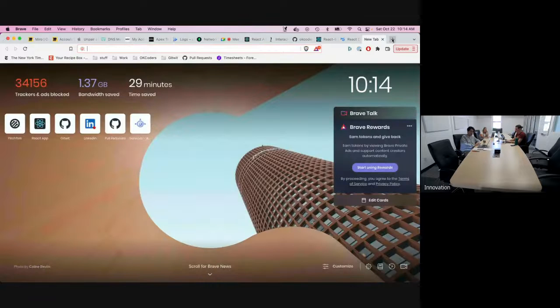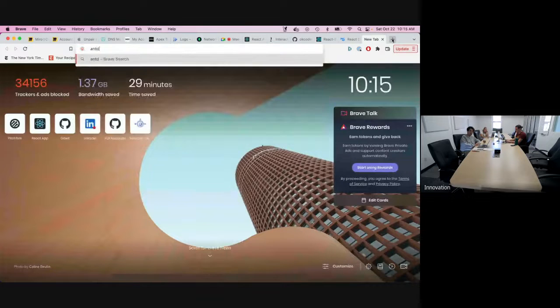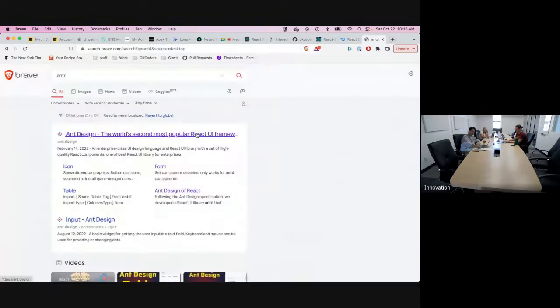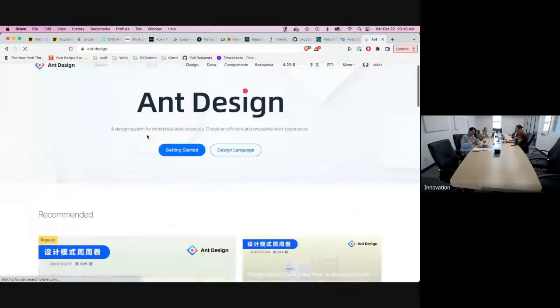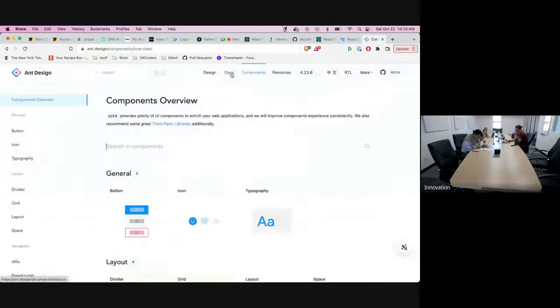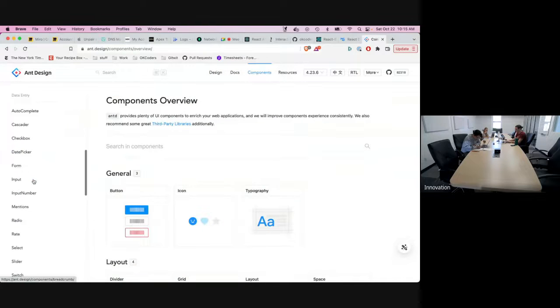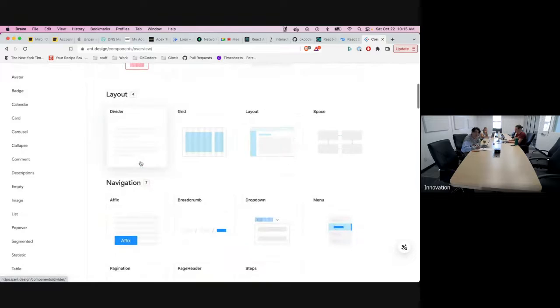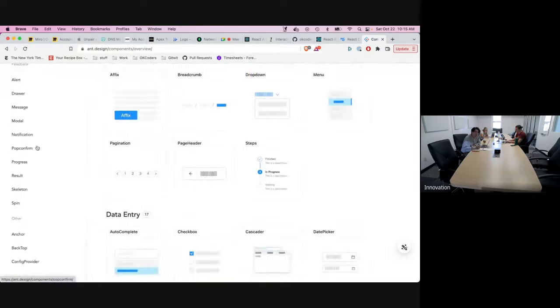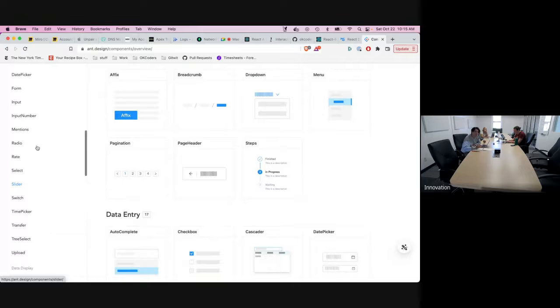Then there's one called Ant-D or Ant Design. This one's really good, and it doesn't look like Material. It's got its own look. So if you wanted, for some reason, to not have it look like Material, this is a good option. You can see they're going to have the same stuff. So if we look for